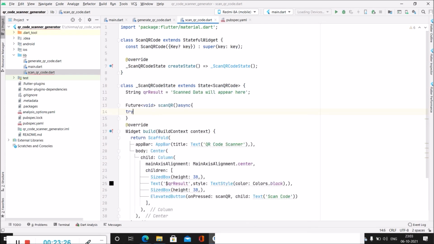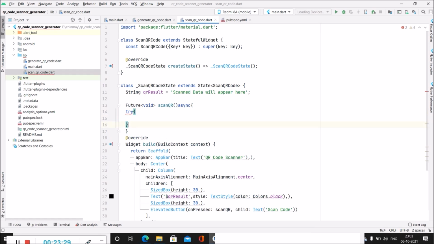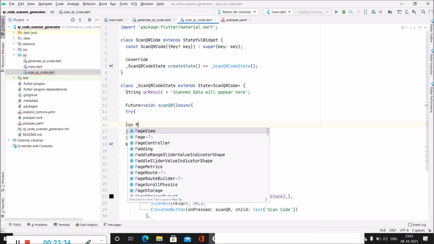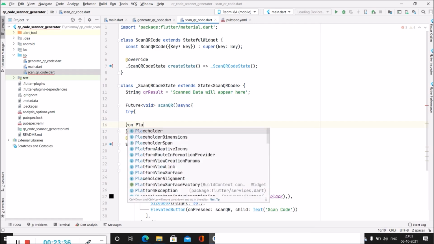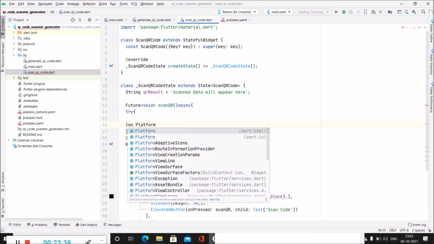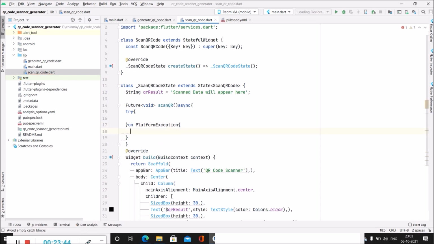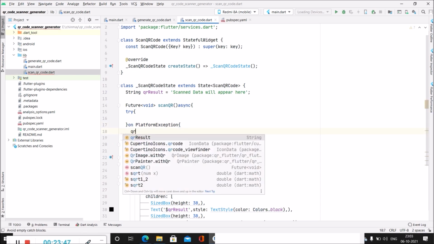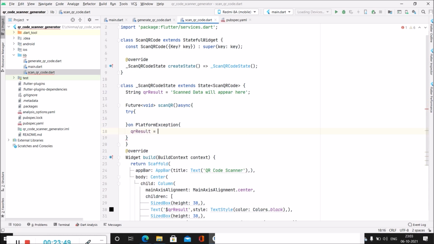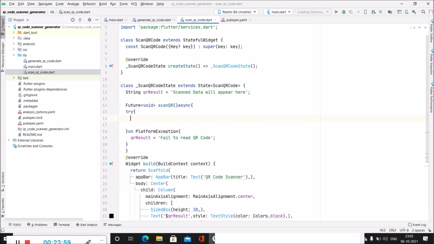So for that, firstly we will be calling the try, and we will be handling the exception as platform exception, and in this case we will simply change the result to fail to read QR code. And in the try block, we will be simply